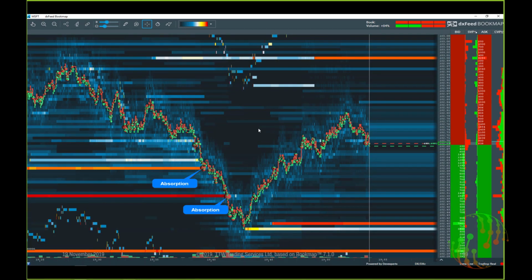Now we have different kinds of absorption. It would be extremely easy and good to know that when we have liquidity, absorption takes place. In most cases, the price will go a little bit further down, or further up, and then the market will dry out, and possibly the market comes to a stop here, and then it goes further up.